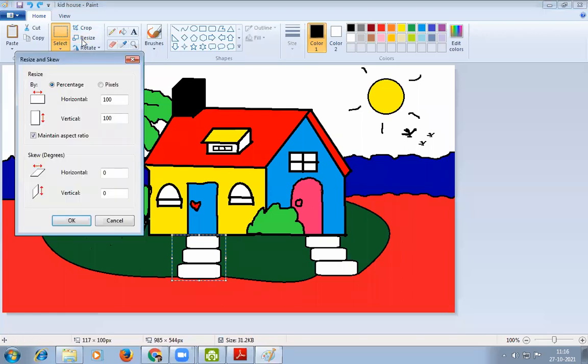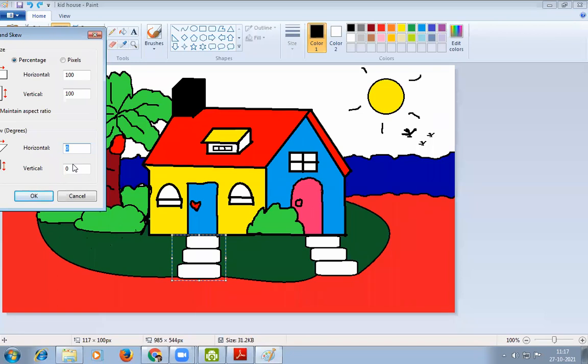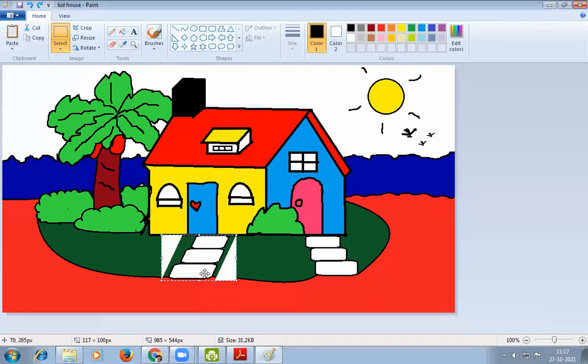Then we have to click on resize. If we want to skew horizontally, then we can put any number here. Then look here. This portion of the picture tilted slightly to the right side.